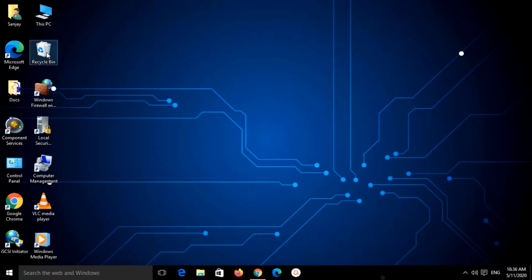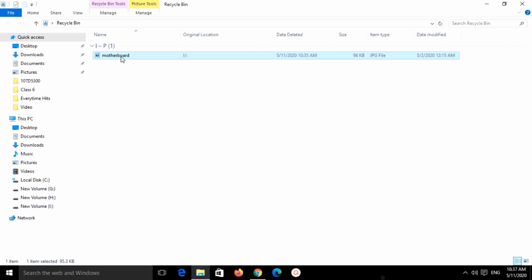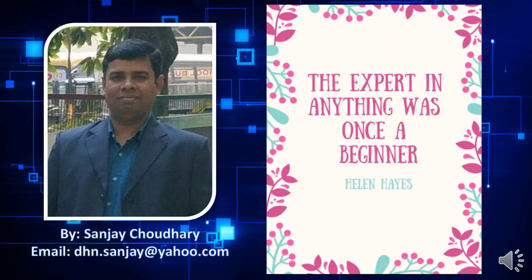I will open the recycle bin, and you see, only one file is there which was deleted by right clicking, and the file for which we pressed shift plus delete was permanently deleted from the computer without sending it to the recycle bin.